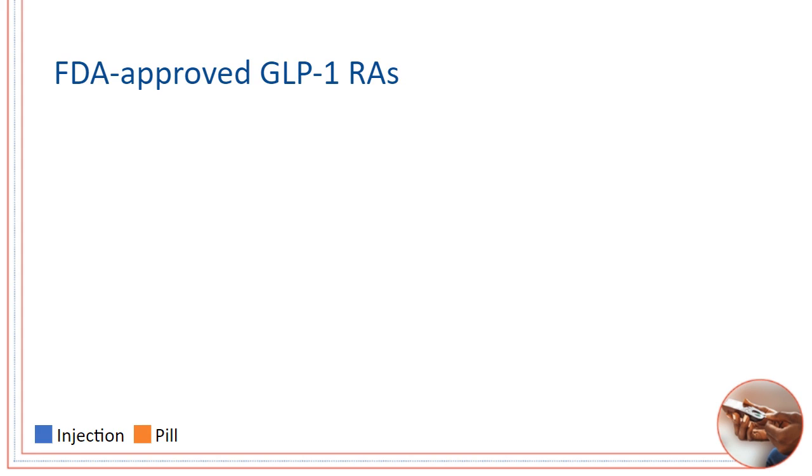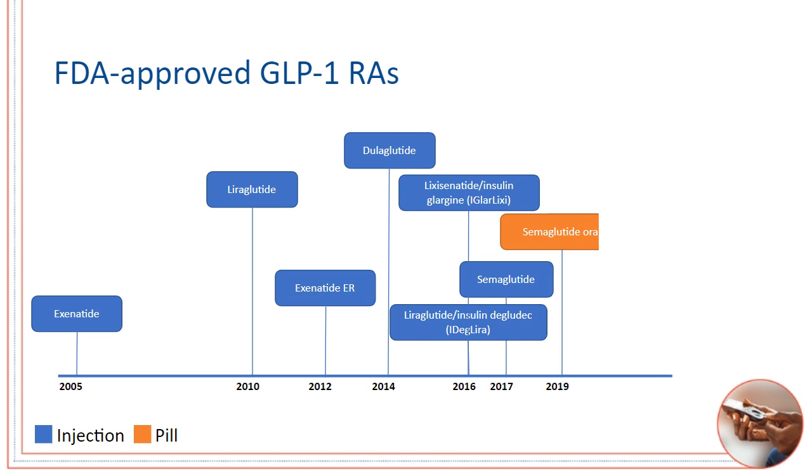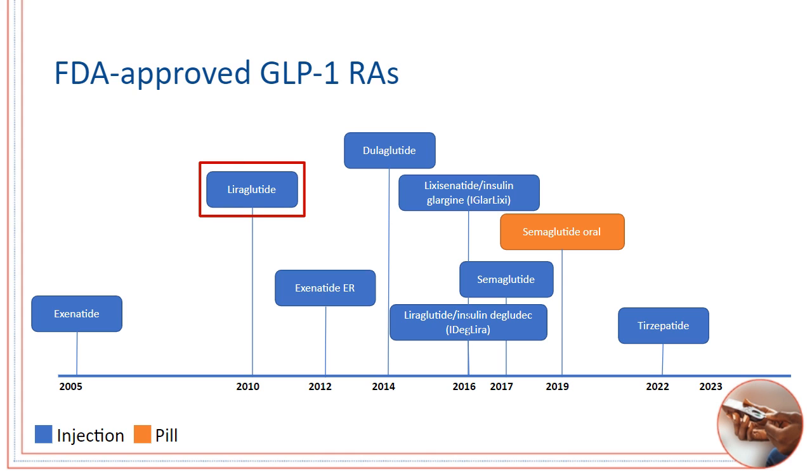Here's the landscape of GLP-1 receptor agonists. I think it's important for us to remember that we've had these agents for nearly 20 years. The first GLP-1 receptor agonist was approved all the way back in 2005. And you can see over this timeline that we started with an agent that was twice a day before meals. We went to once a day independent of meals with liraglutide. And now we have a bunch of once a week agents, which really can help improve durability and the patient-centeredness